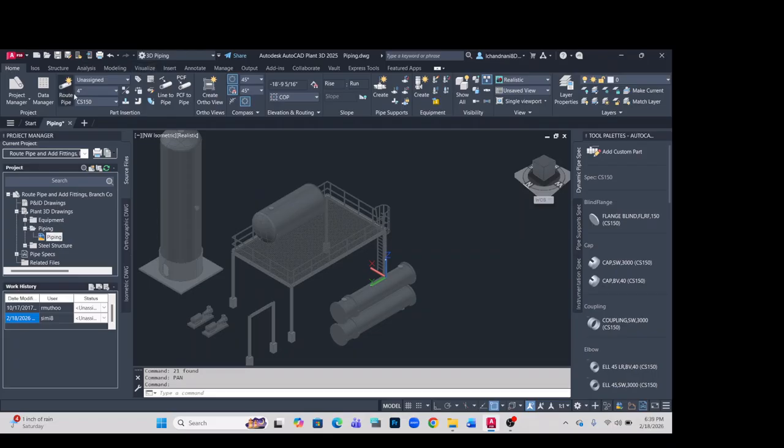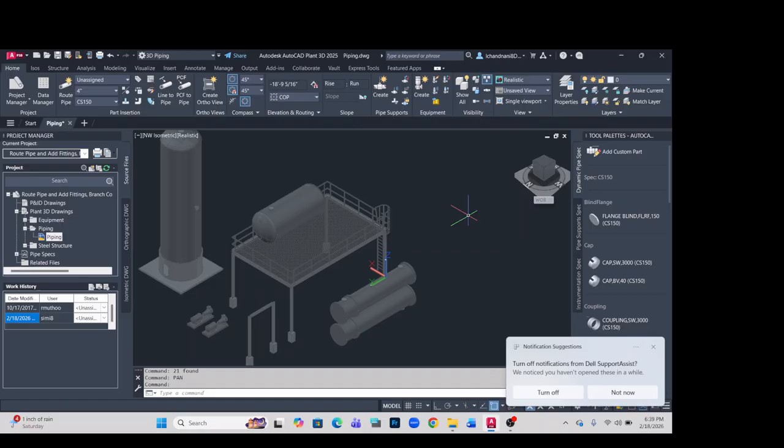First, let's look at the part insertion panel, which is on the home tab of the ribbon. In the part insertion panel, you can find tools to route pipe. So this is where you will route pipe. You also have something here that can convert line to pipe. You can assign tags to pipe, which comes in handy for identifying material associated to a particular run of pipe.